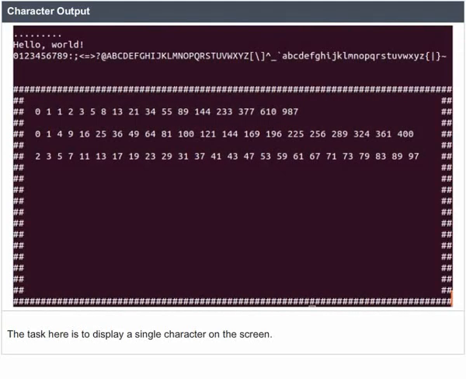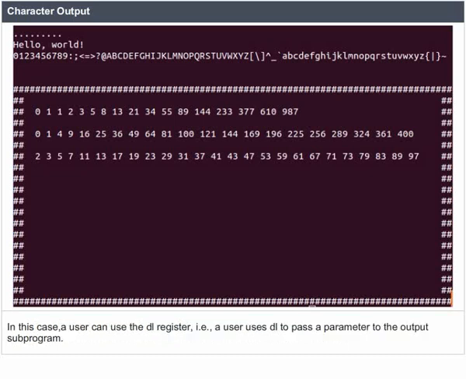Character output. The task here is to display a single character on the screen. There are 3 elements involved in carrying out this operation using the INT instruction. User specifies the character to be displayed. This is done by storing the character's ASCII code in a specific 8086 register. In this case, a user can use the DL register, that is, a user uses DL to pass a parameter